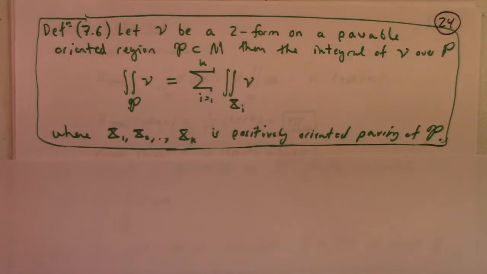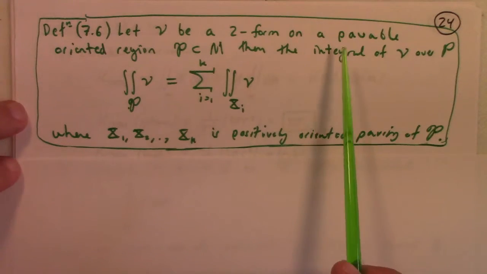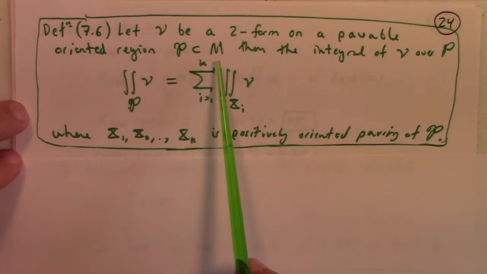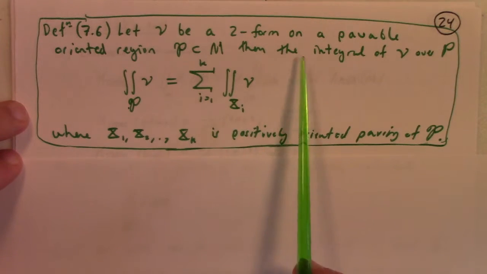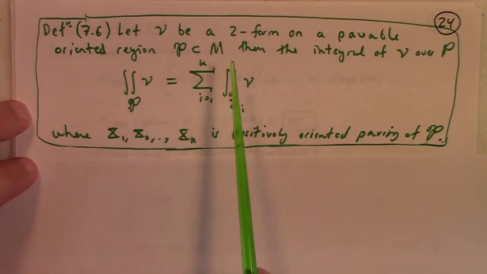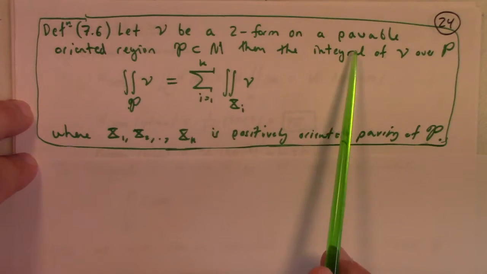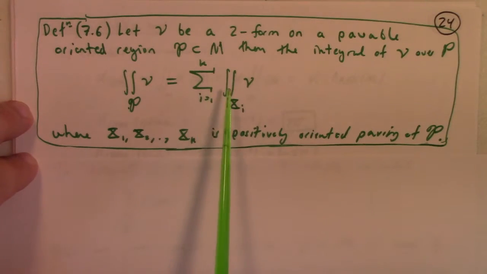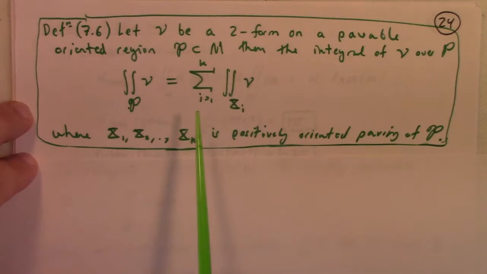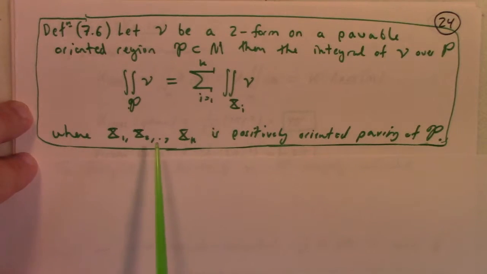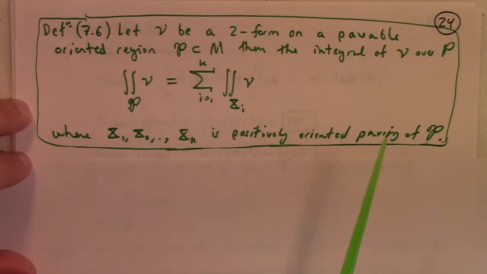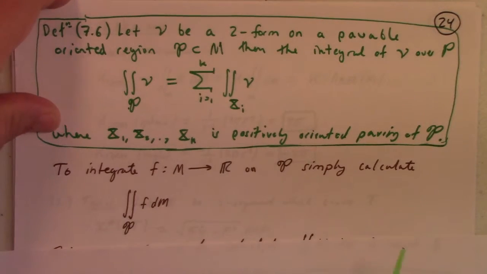So this leads us to the definition of the integral of a 2 form over a pavable oriented region, P, subset of the surface. What we do is we simply take the sum of the integrals over each patch-like 2 segment and add them together, all right? Now, you'd say, well, but how do we integrate a 2 form? Well, to integrate,